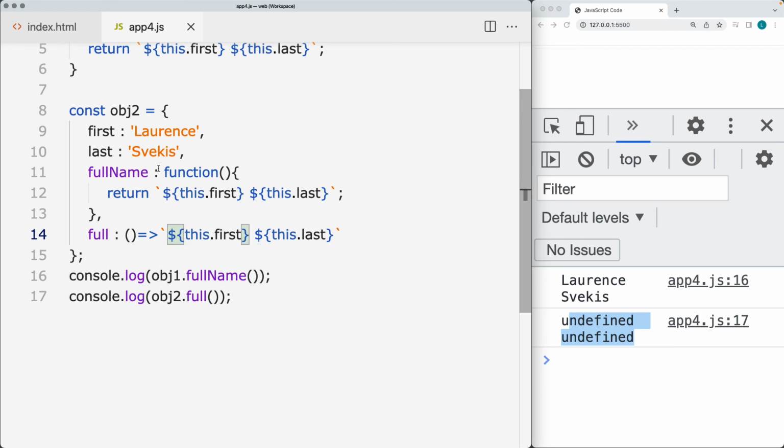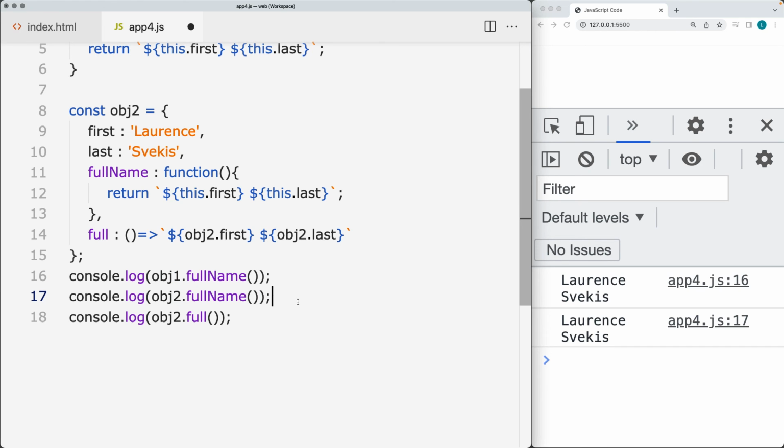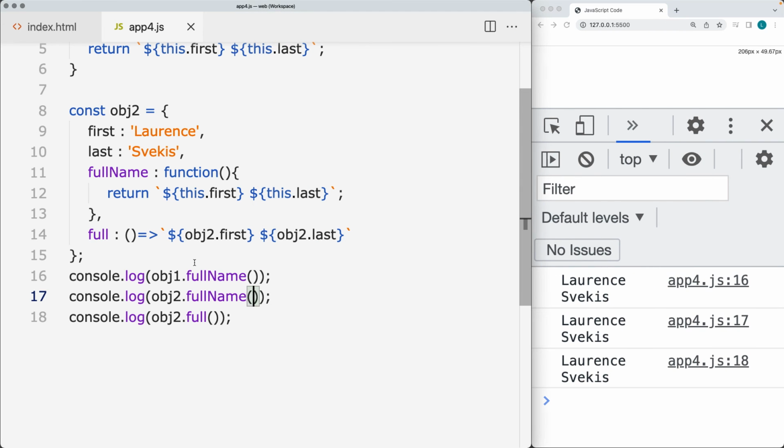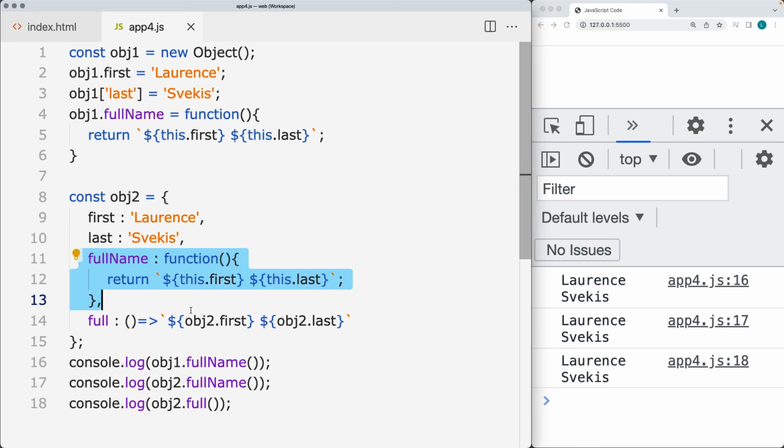So if you want to use this, you do need to include the function keyword in order to return it back and associate it with the object. Use the object name. That will return the associated object values because it's assigning it to the main object, and that will give the same result that we had with the full name. Let's output that last result into the console, and now we should see the same result being output. So the best practice is to use the object literal, and if you are declaring variables or values or methods within the object,